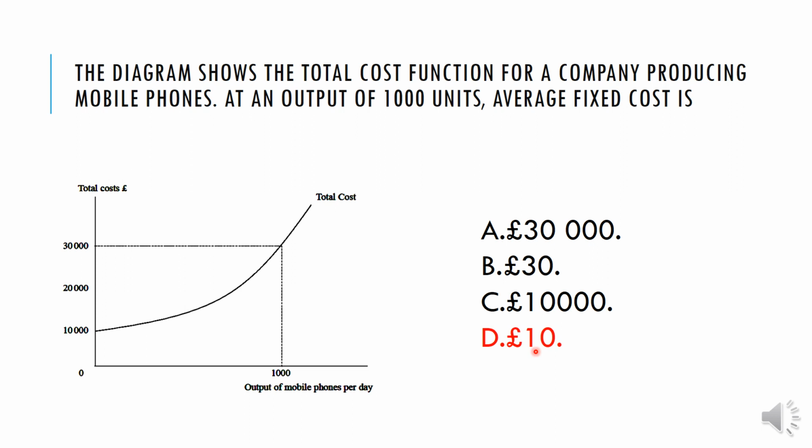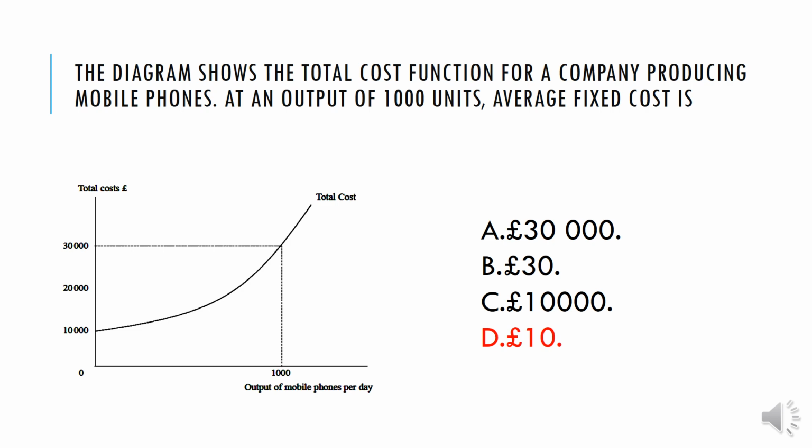So why is option A wrong? Option A is wrong because 30,000 is, sorry, the total cost, not average fixed cost. It is just a total cost at 1000 unit. Then we can see that option B is wrong. That is just an average cost. Why? Because 30,000 divided by 1000 is 30. That is just an average cost. So that is so clear, that's a so simple question. Always you will get a question like this, so you have to check with that.